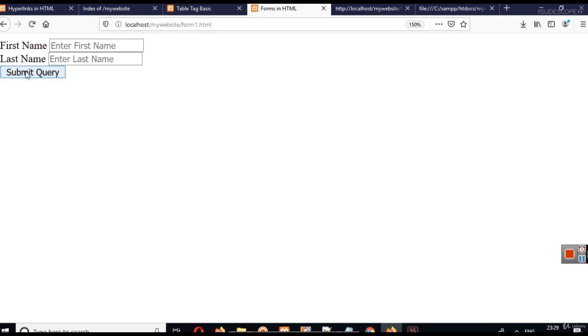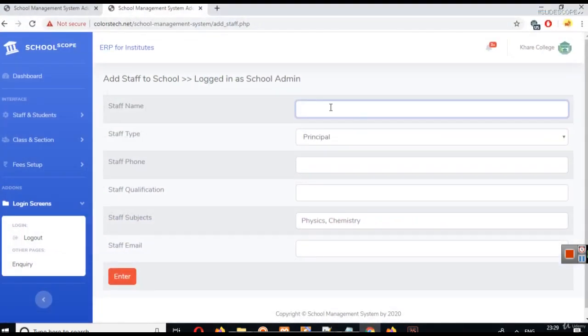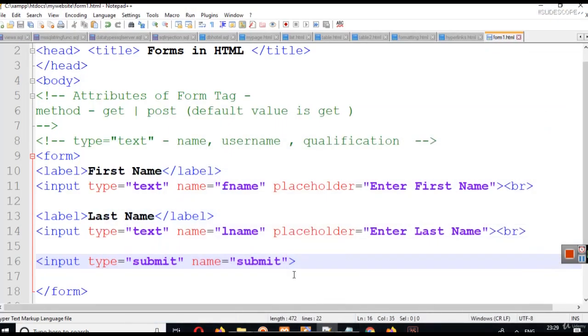So by default the text on the button that is created using input type is equal to submit has submit query written over it. So this input type is equal to submit creates a submit button, and this input type is equal to text creates a text input. So these are some elements that you can already see here. So we have a button here, and again